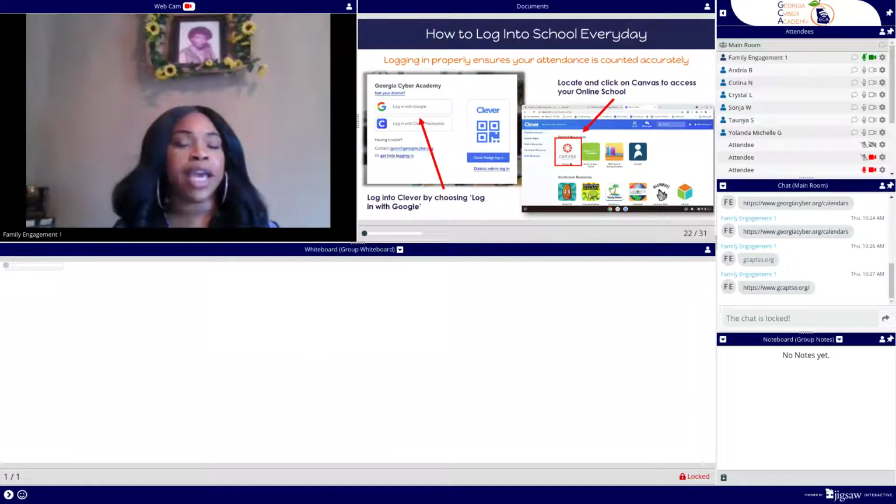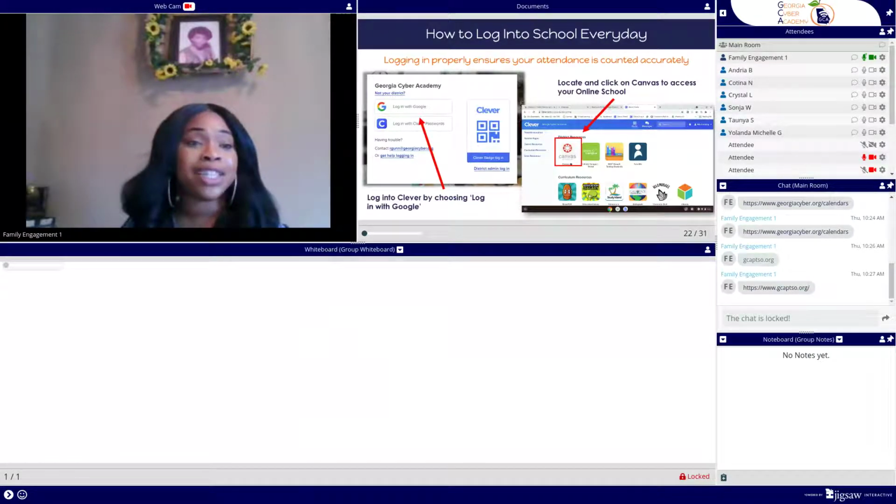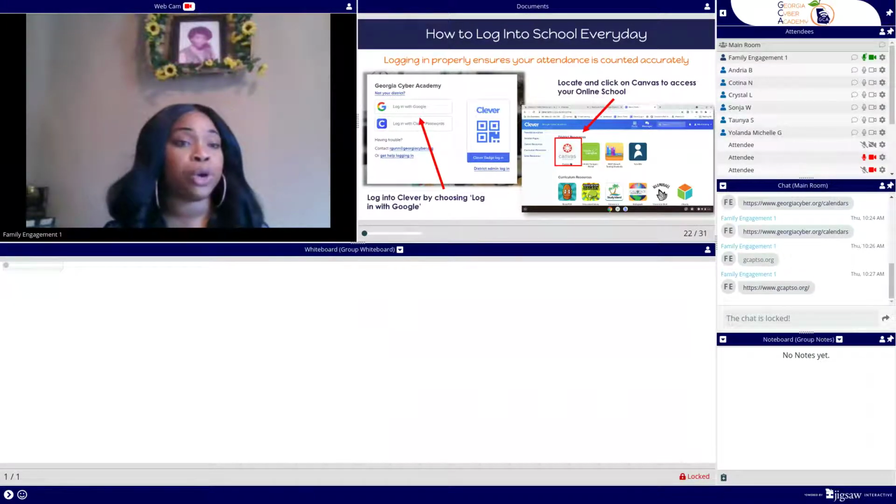So every day, just make it a habit to log into Clever. Have Clever bookmarked so you can just click on it and get into Clever. And you'll get into Clever by using your Google account. So once you've chosen Georgia Cyber as your school, it will populate to log in with Google. So you will log in with Google, and then once you have a schedule,